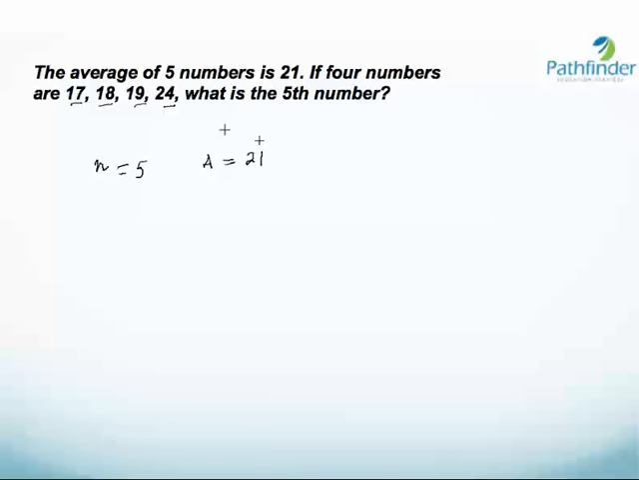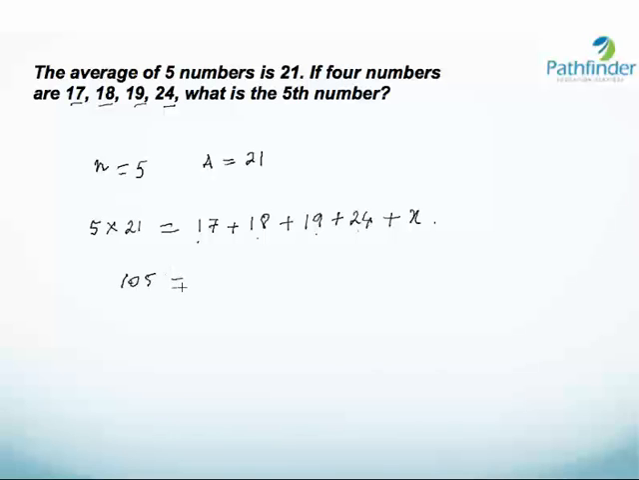So what will be the sum of these 5 numbers? Obviously the sum of these 5 numbers is number of numbers into average. So we can write that as 5 into 21. And this must be equal to the sum of all the 5 numbers, and therefore we put that down. So we have 17 plus 18 plus 19 plus 24 plus x must be equal to the overall sum, which means